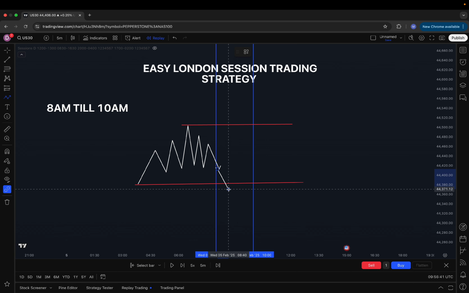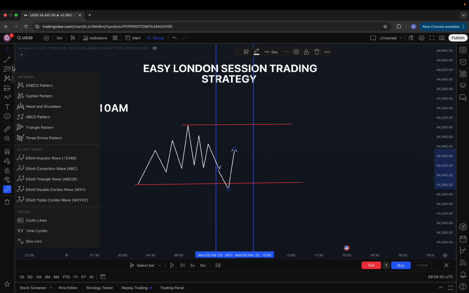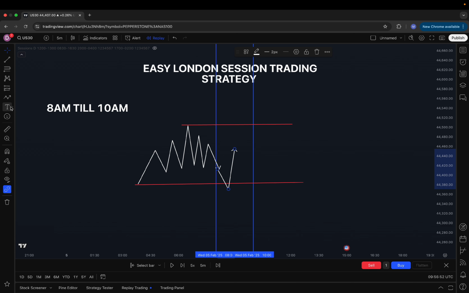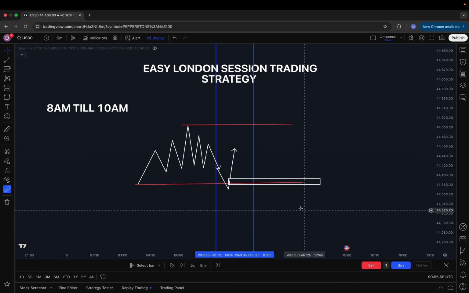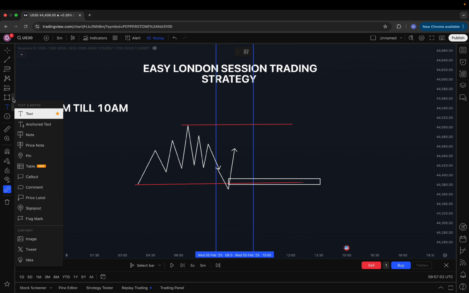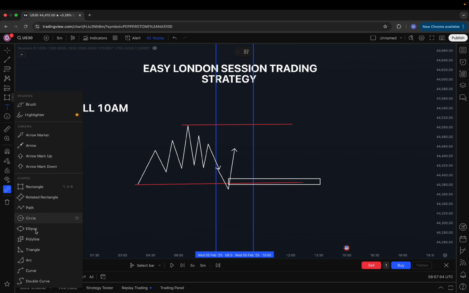Now once that happens, we want to wait for a market structure shift, a large voluminous candle, and once that happens, what do we wait for? A retracement, which is our fair value gap. So say for instance that's our fair value gap. We would essentially wait for price to come back down and tap into this zone,